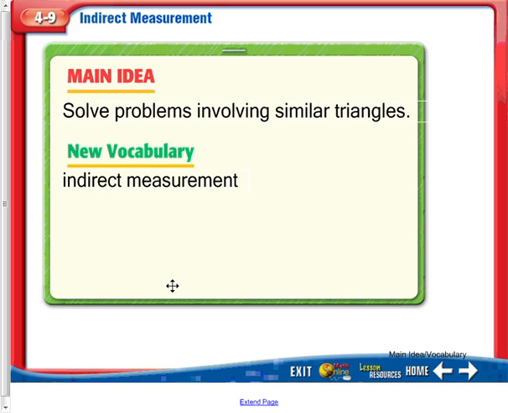Lesson 4-9, we're going to be using indirect measurement. So we're going to solve problems involving similar triangles. Like to find the height of a tree, most likely you're not going to climb up a tree and drop a tape measure all the way to the ground. That could be pretty dangerous. So we can use other measurements that we know to find the measurement or height of a tree or something